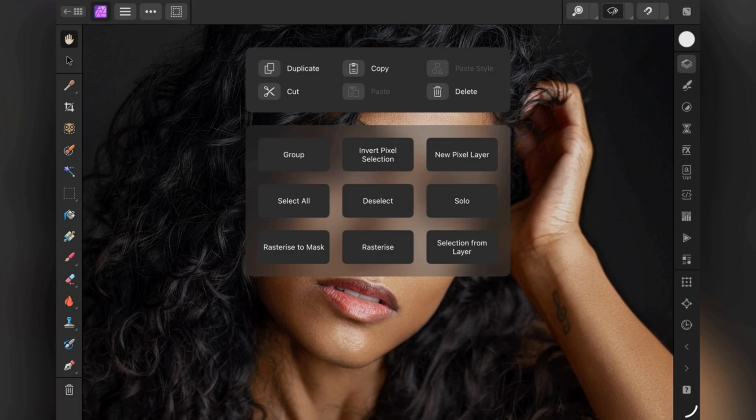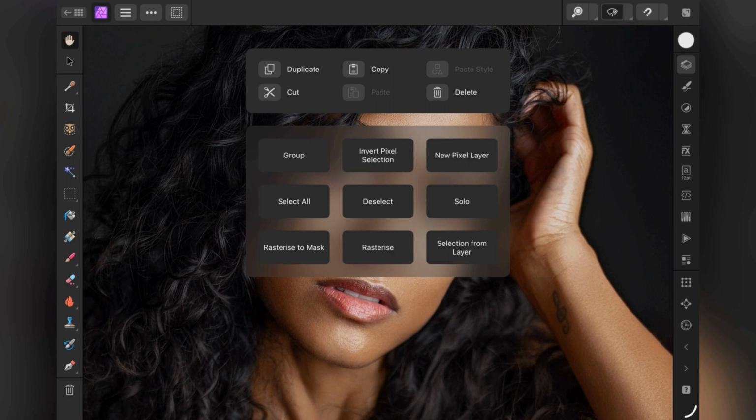And the context box has the duplicate, copy, paste style, cut, paste, delete, group, invert pixel, selection, etc. You can read for yourself. And that is a very simple way of